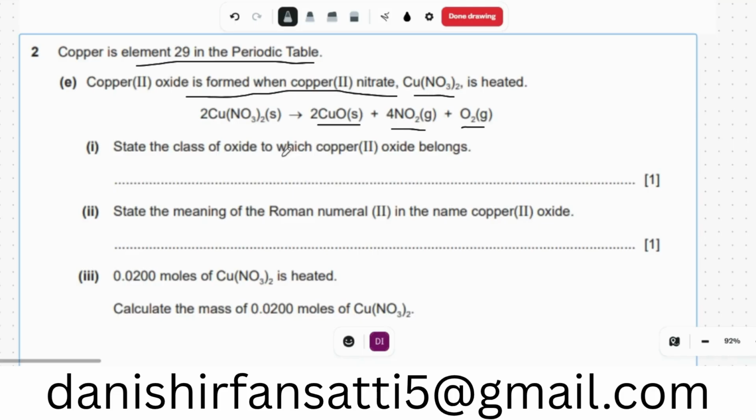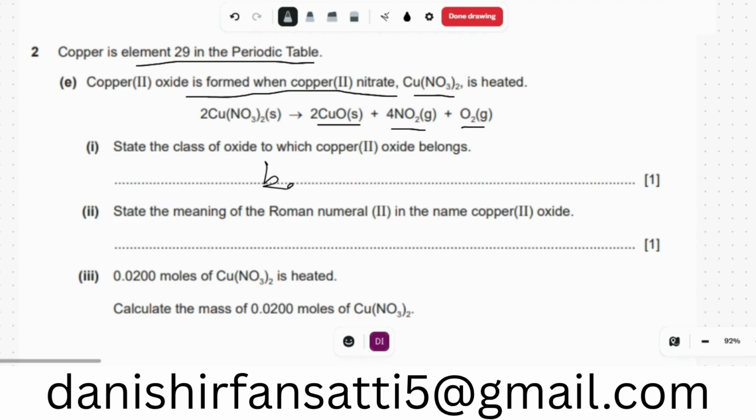State the class of oxide which copper(II) oxide belongs to. So it is basic, so simply a basic oxide. Okay,